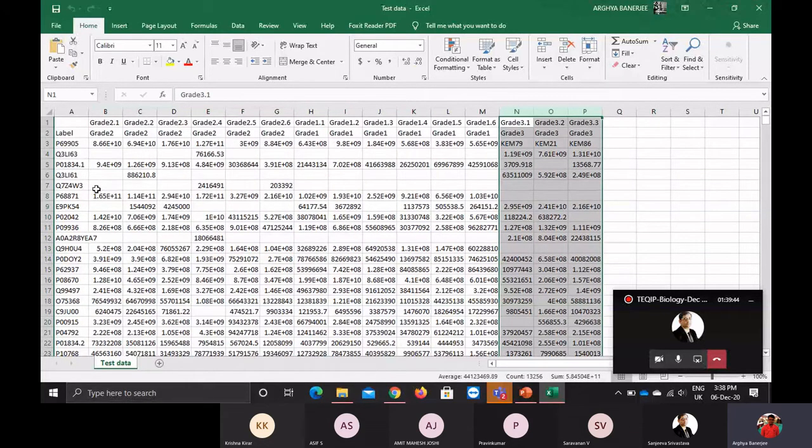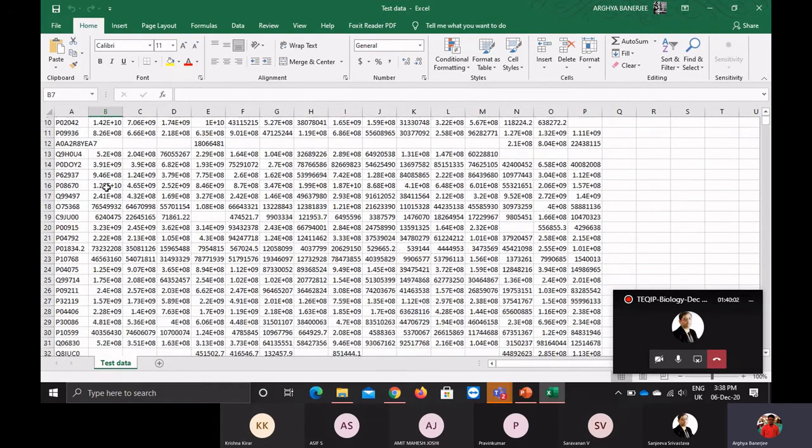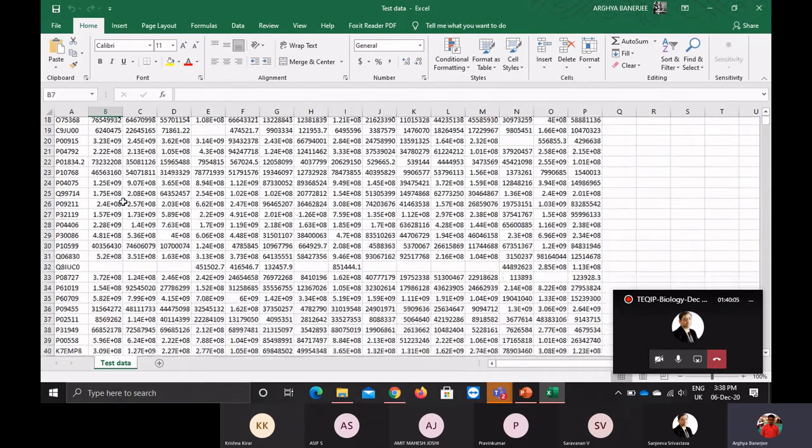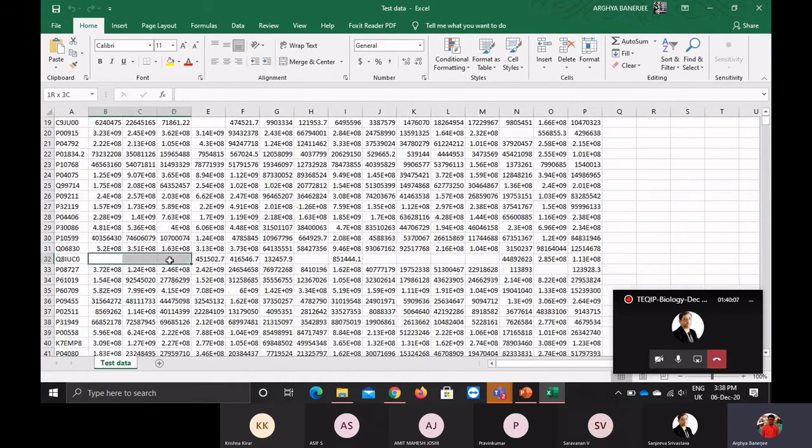Whatever we see in mass spectrometry, mass spectrometry plus NMR, there can be missing values in the cohort. There can be missing values because this protein is not identified in this individual. The missing values can depend upon the type of fragmentation, or it is not identified in these individuals.